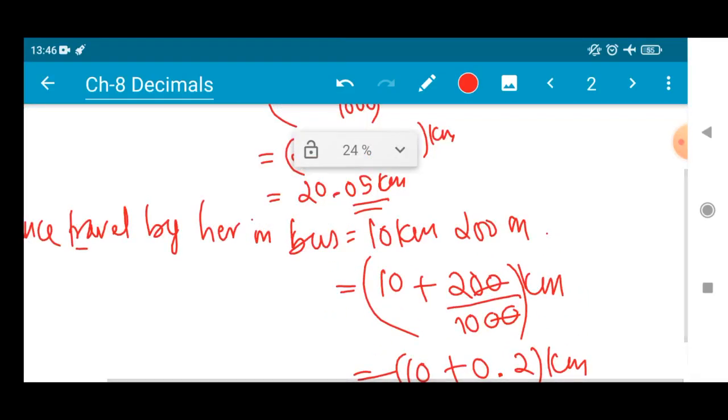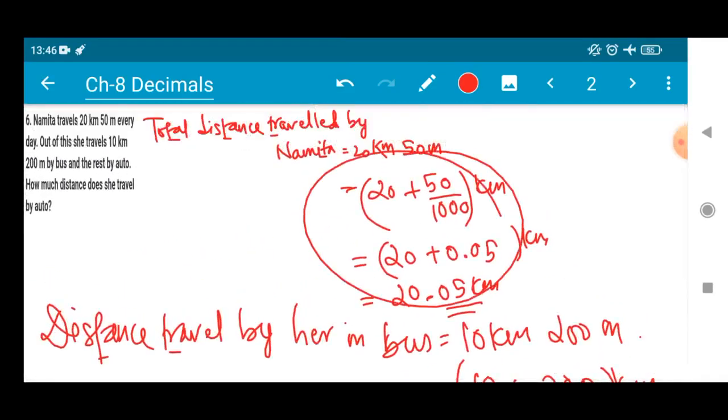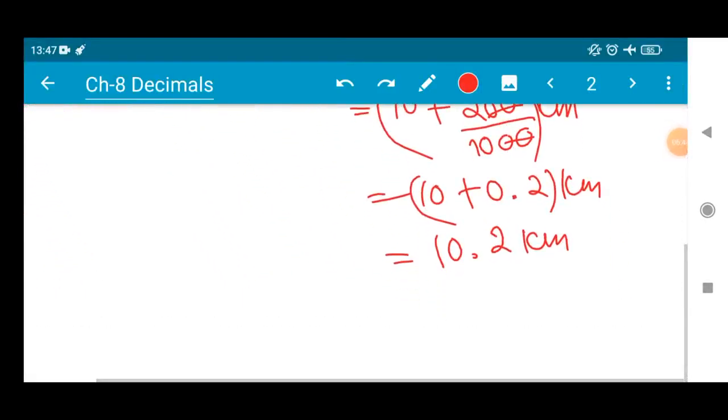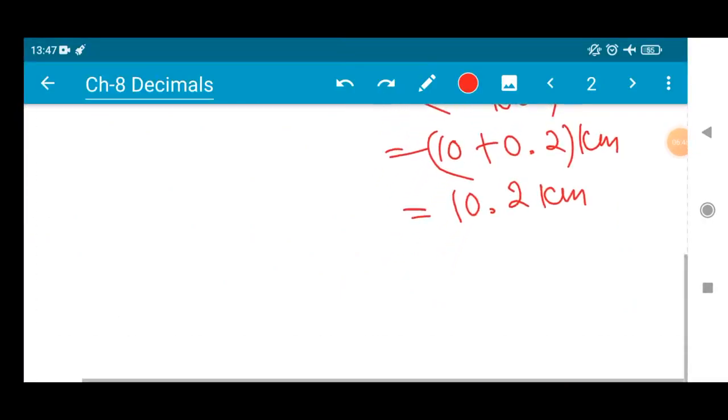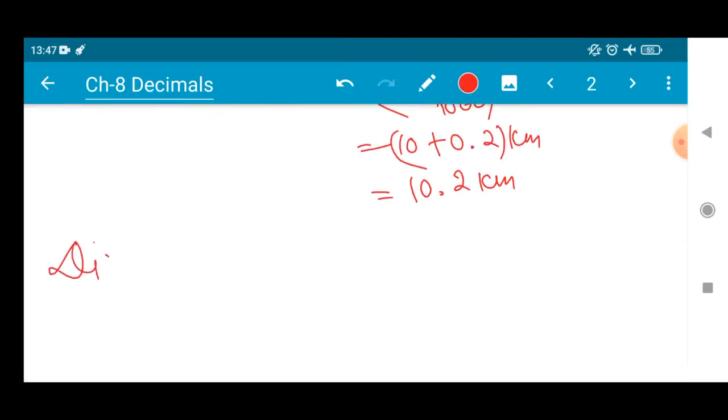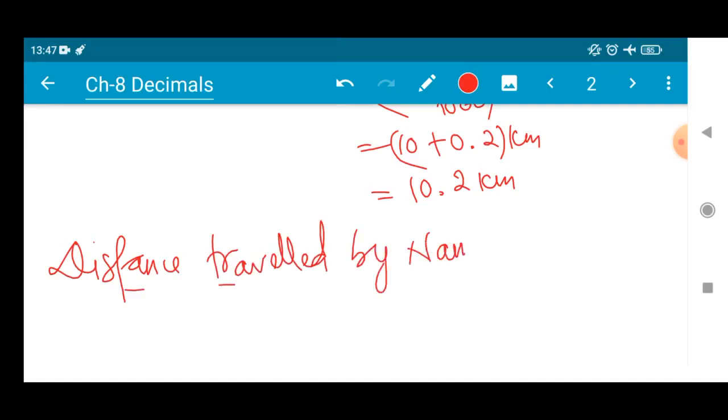Now this was the total distance traveled by Namita, and out of which she traveled 10.2 kilometer by bus. Now what is the remaining distance? Whatever is the remaining distance, that will be the distance traveled by auto by Namita. So distance traveled by Namita in auto